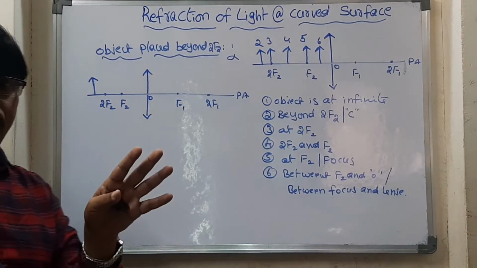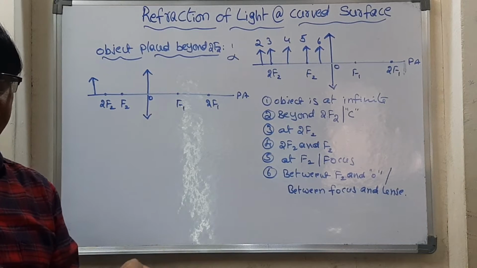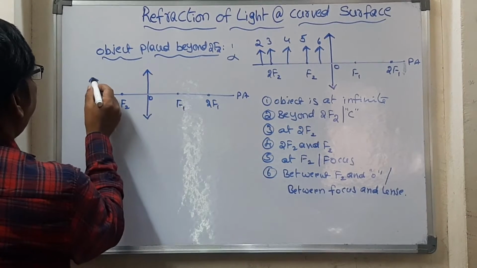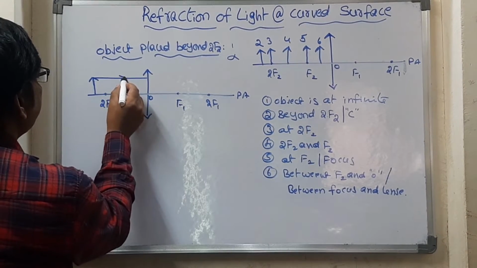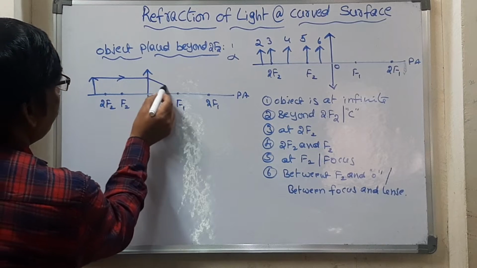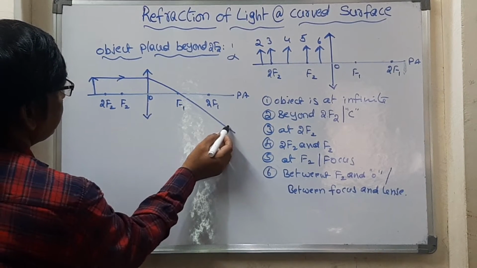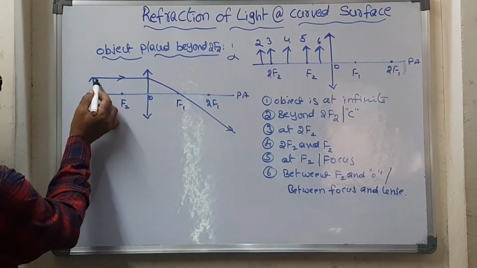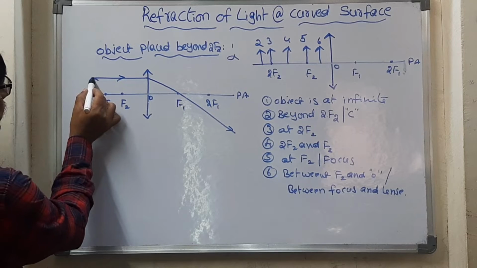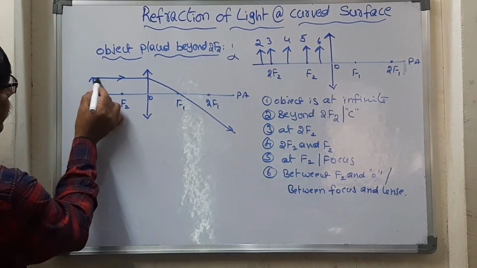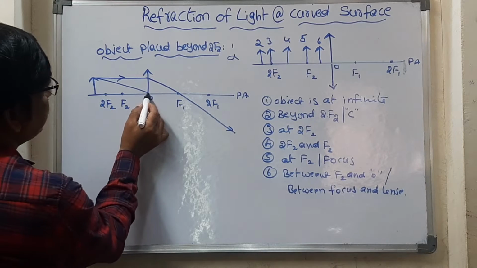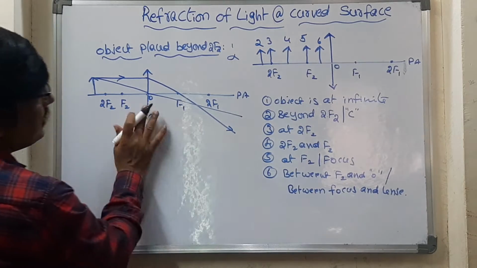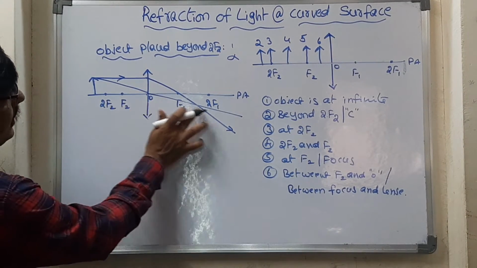Listen here, for every situation we will follow the same procedure. The first one is the ray that travels parallel to the principal axis. Once it is traveling parallel to the principal axis, it passes through the focus. That is a fundamental concept. And the second one, how many rays did we say? Two rays we should take. The second ray passes through the optic center, and it travels undeviated.